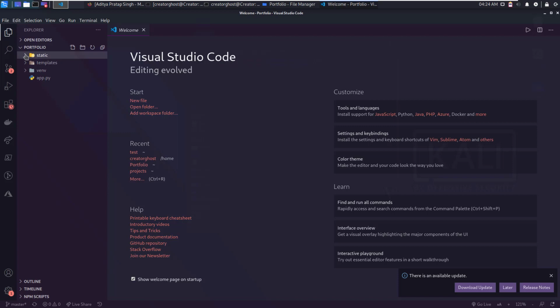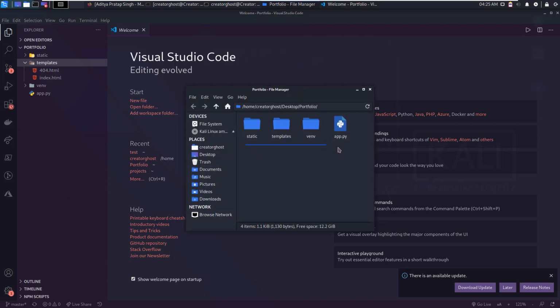Because here we are working with Flask, which is a Python framework used to create a web app or website, and it follows a particular templating folder structure. In the templates folder you just put your index.html file, and outside every folder you have app.py. So we have app.py, then our templates folder, and inside it our index.html.